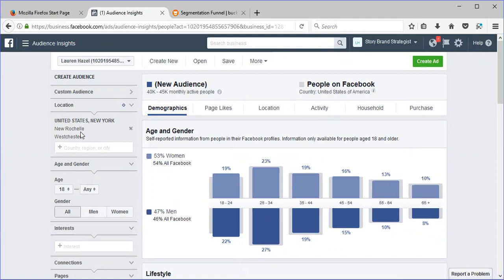Westchester, known as a suburban area in New York City. So these two places I picked specifically because I know folks tend to have higher incomes in certain parts of these areas. I could put New York there, but you know what? Let's put New York, because usually